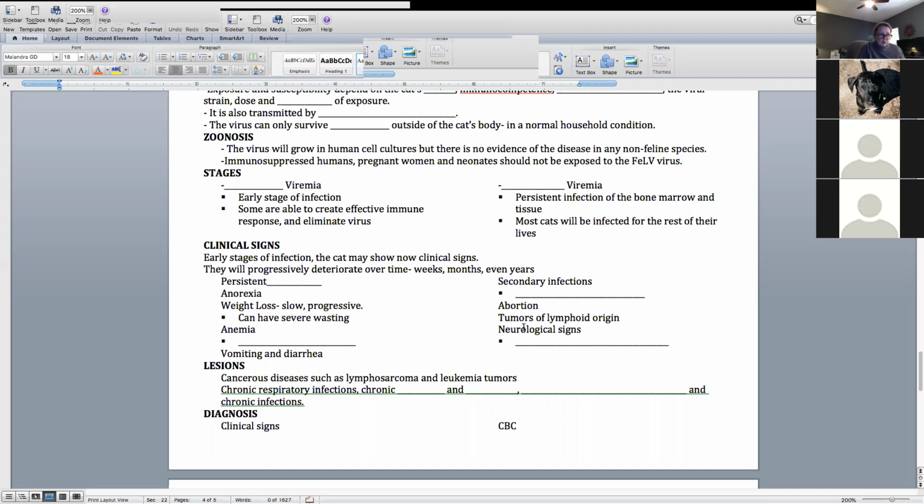Now, you can also see tumors of lymphoid origin. What that means is, in the body, you have certain tissue. The lymph nodes are your primary lymphatic tissue, so they can have swollen lymph nodes, and this can progress. The spleen holds on to a lot of white blood cells. The spleen can be enlarged or get tumors. So that's what we think of when we think of lymphoid tissue: lymph nodes and